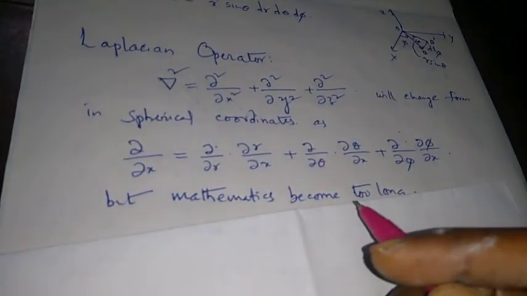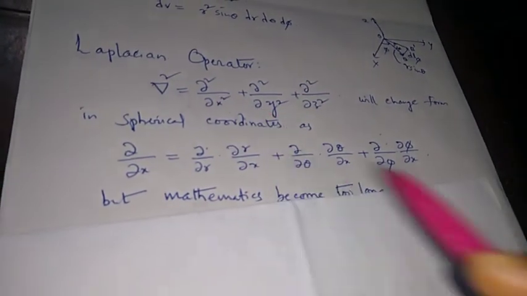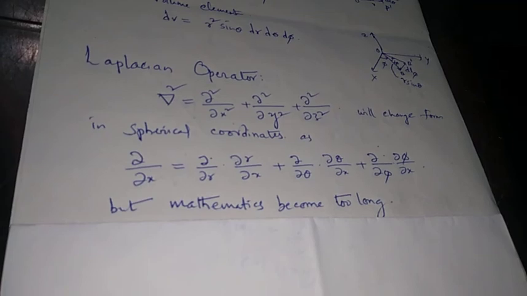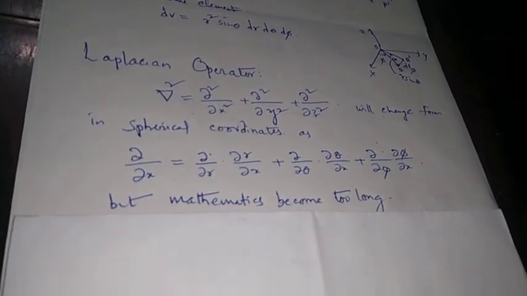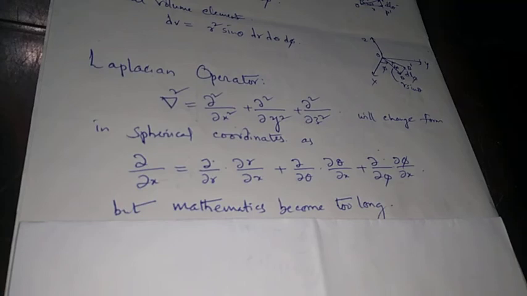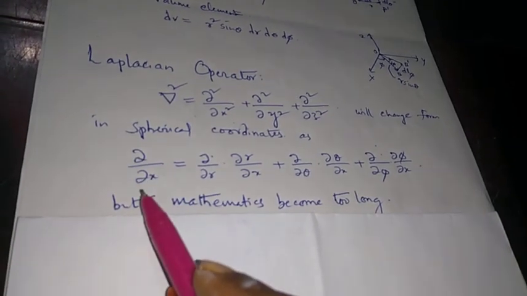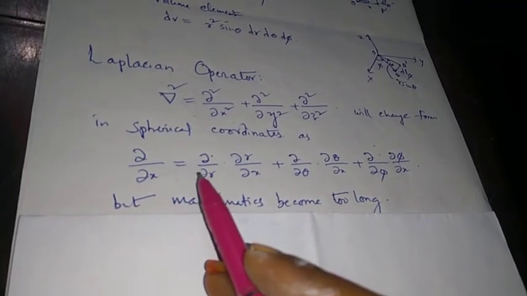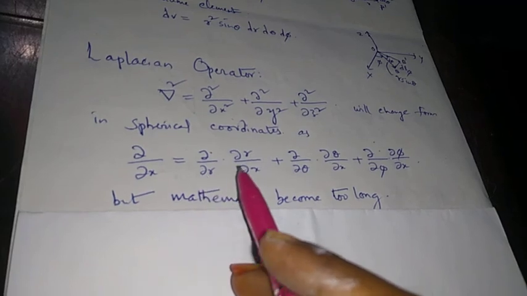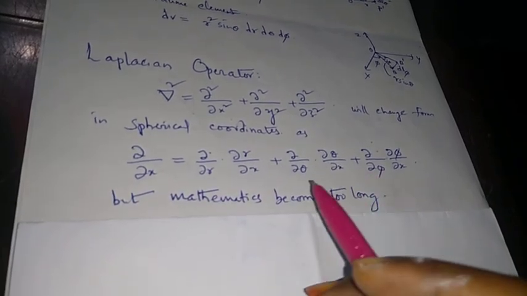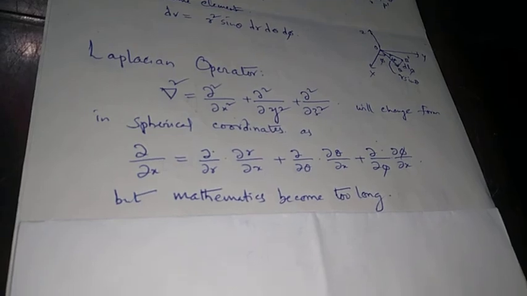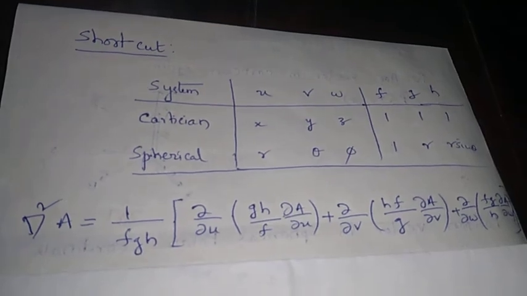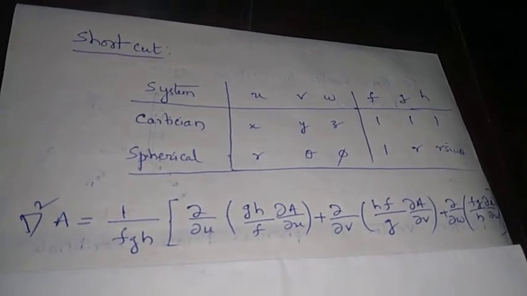Laplacian operator in Cartesian coordinate system is defined as dou square by dou x square plus dou square by dou y square plus dou square by dou z square. And if you want to transform this into its spherical polar coordinates counterpart, then we should be using definitions for dou by dou x, which is equal to dou by dou r into dou r by dou x plus this kind of term. But if you do this, the mathematics will get very lengthy. But there is a shortcut which is given in